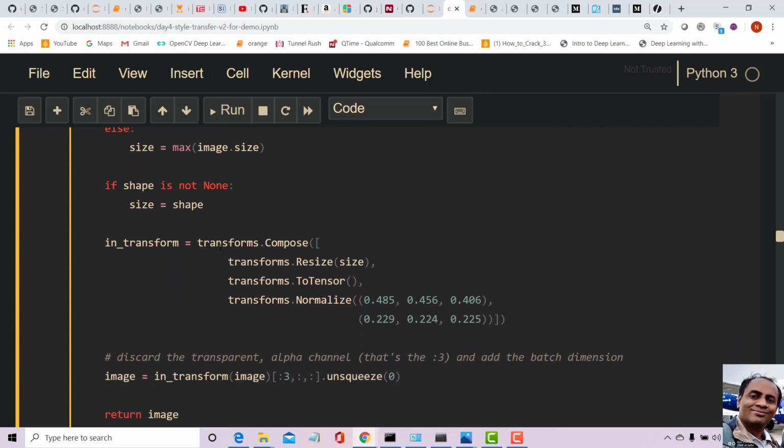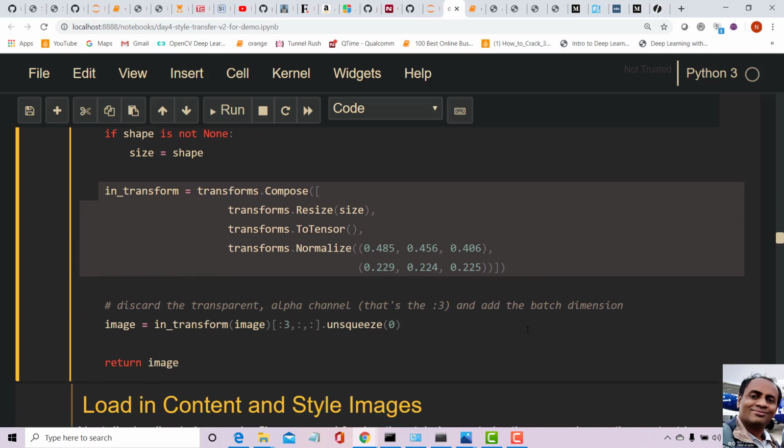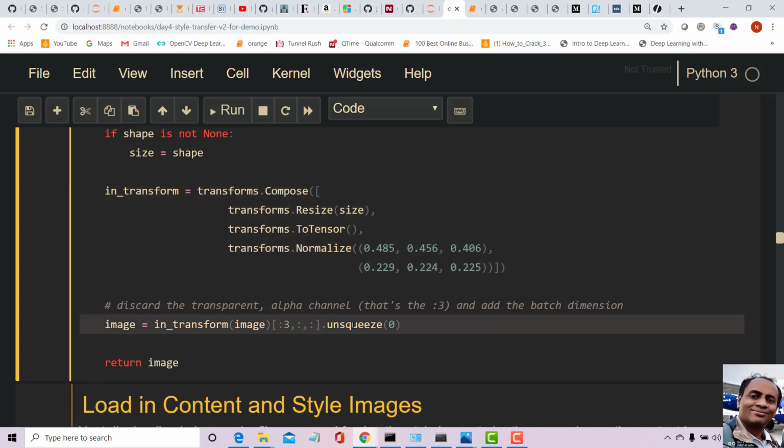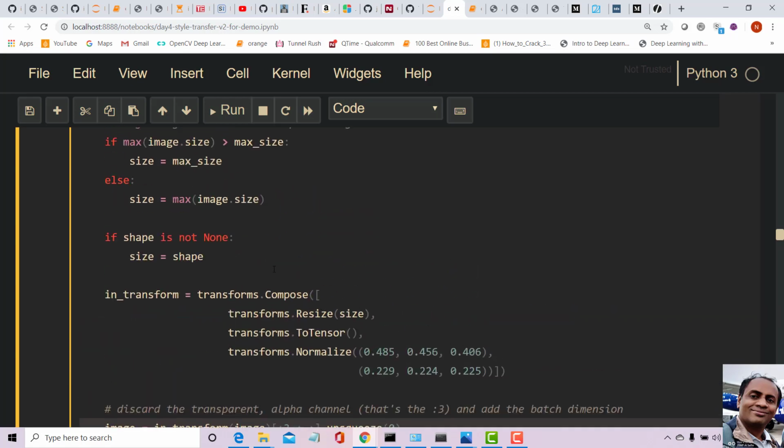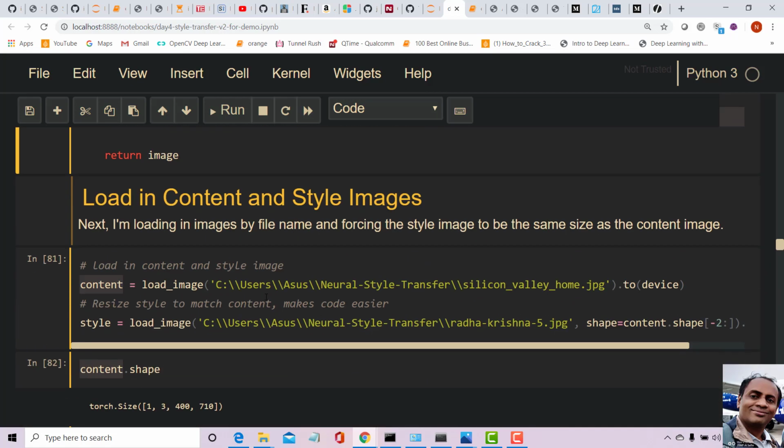Now we are going to do the transform on the image, which is going to resize it to one size. And then it's going to convert it to tensors, because we are going to be needing tensors, not numbers as in a NumPy array or whatever. Then we need to normalize the image by calling this. All these three things are done here. And of course we need to rearrange the dimensions of the image, because the image's dimensions will be different here.